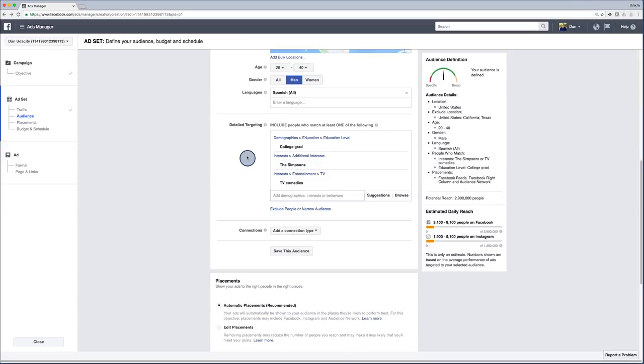from the list. It is important to note that right now I would target people who fulfill my location, age, gender, and language preferences, and who match at least one of my detailed targeting criteria. So if someone is either a college grad or interested in The Simpsons or TV comedies in general, they would be targeted. If instead I want to target college grads who also like The Simpsons, I have to use the